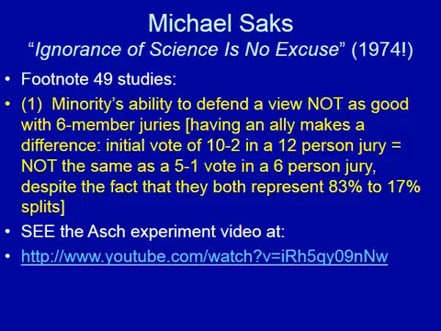So Michael Sachs points out that not only the studies the court cited, but also a large additional body of social science research shows clearly that there's a big difference between being in the minority of a 12-person jury vote of 10-2, where you are one of the 2 people voting to acquit, and being in the minority of a 6-person jury vote of 5-1, even though they both represent 83% to 17% splits, because the research is just uniform in finding that having an ally makes a huge difference with human beings in whether the minority voter is going to change his or her vote due to pressure